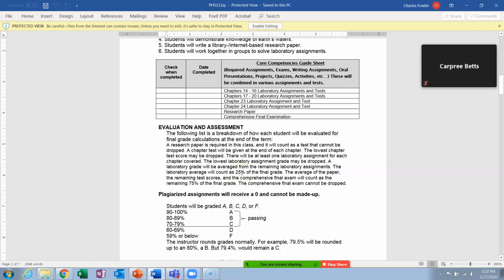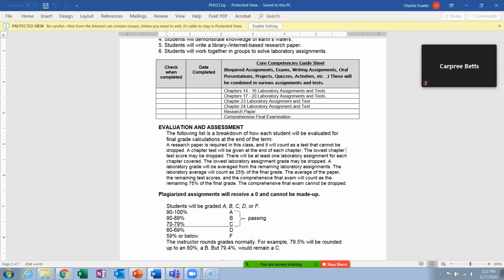And since I knew that already, I make all the labs worth, guess what, 25 points. So what I do at the end of the course, I will average your labs together, drop your lowest score. And by the way, on the old version of Blackboard, if I wanted to drop a score, I said exempt the score. In other words, it took it out and didn't put it in the calculation. This new Blackboard, this Ultra, does not have that capability that I've been able to find. So what I have to do is just remove that score from the grade book.